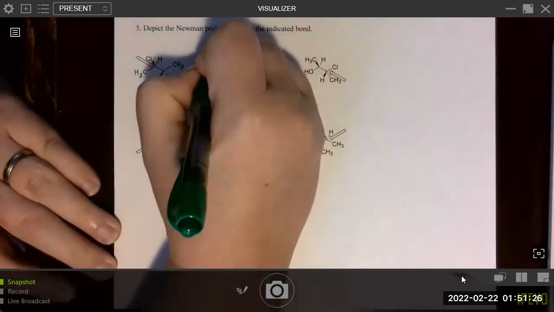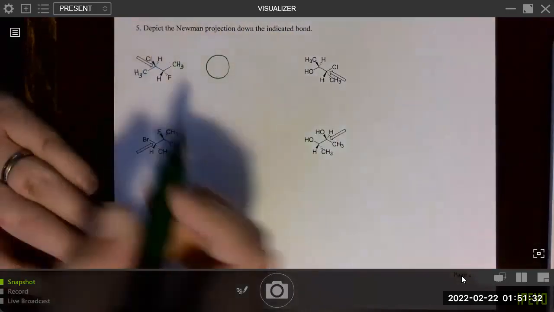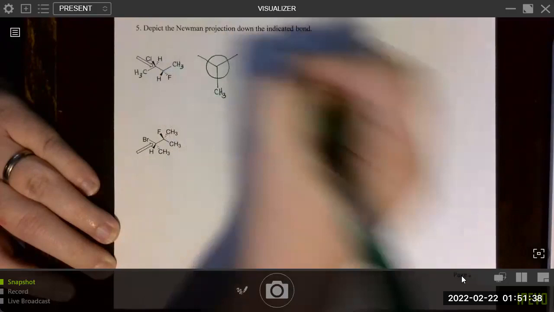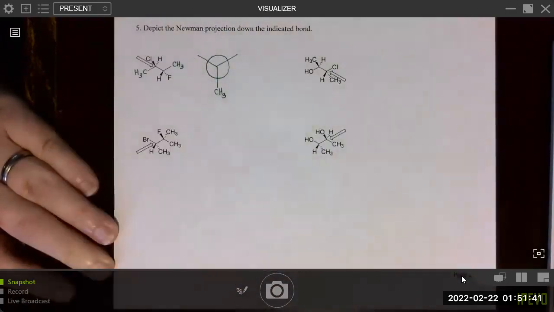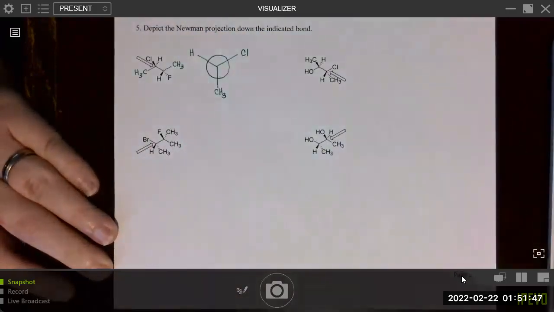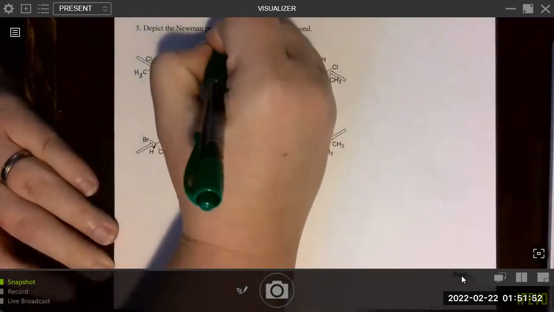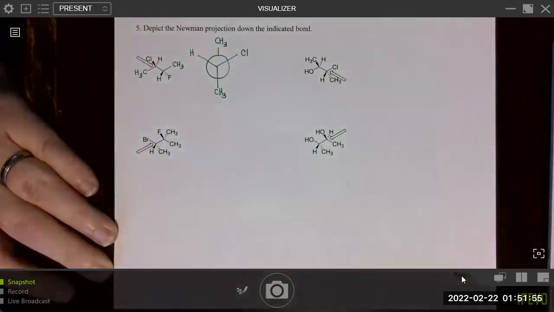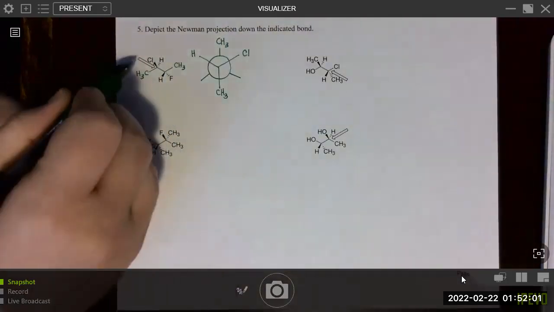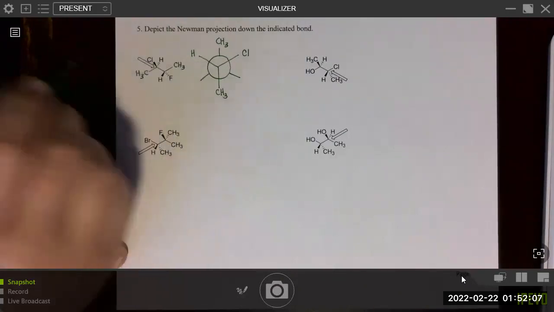We're going to draw a Newman projection, right? And from our perspective, we're looking down this bond. So the methyl is pointed straight down. And then the hydrogen is to the left and back. And the chlorine coming out of the page and up and to the right. And then the methyl on the back carbon is opposite the methyl on the front carbon. So it's up. Right? And then we have our groups to the left and the right. And then again, from this person's perspective, the hydrogen would be off to the right and the chlorine would be off and down to the left.